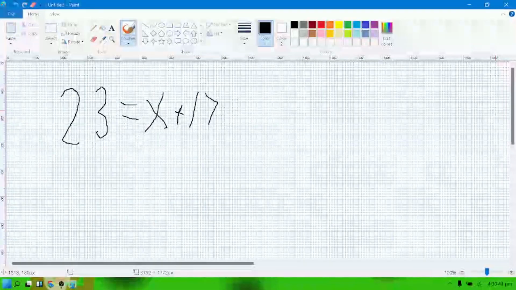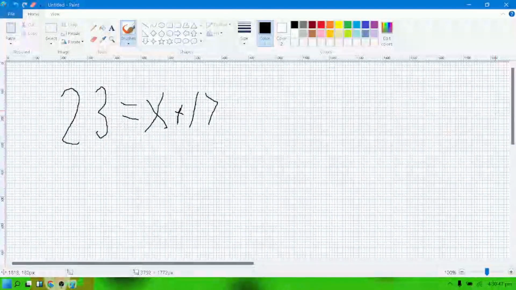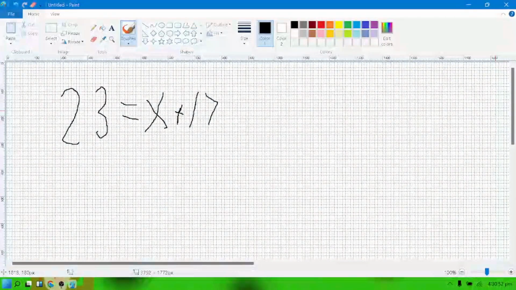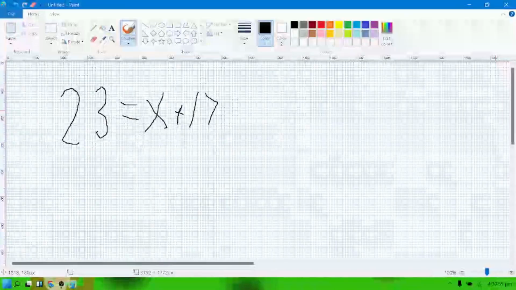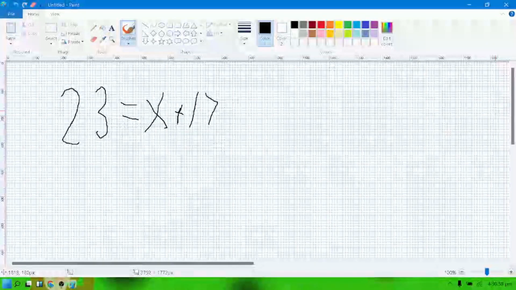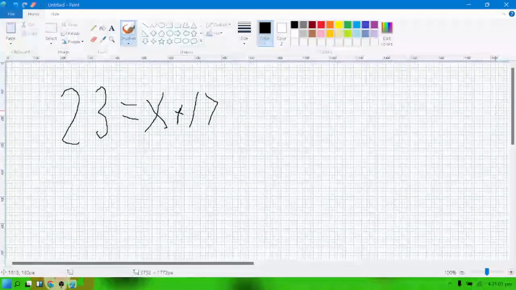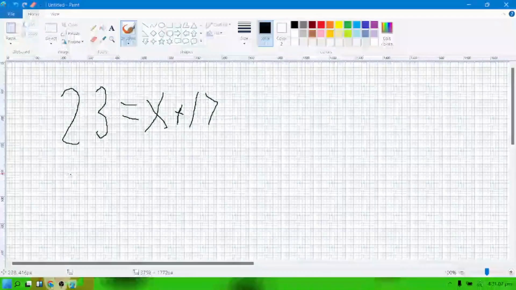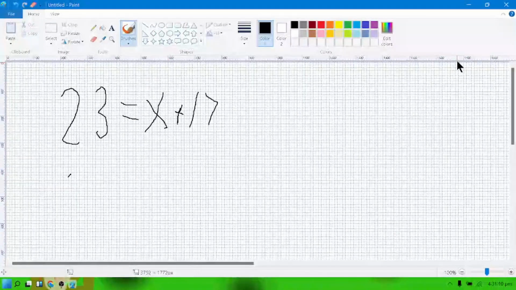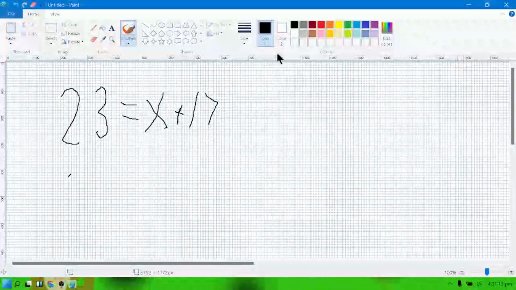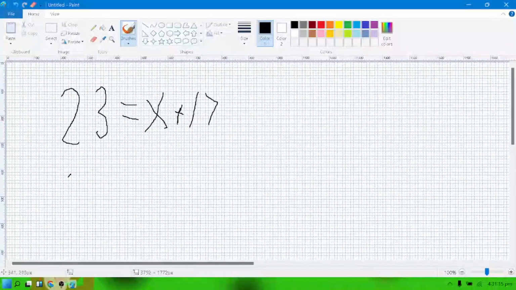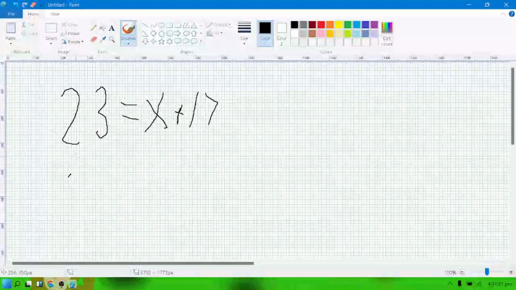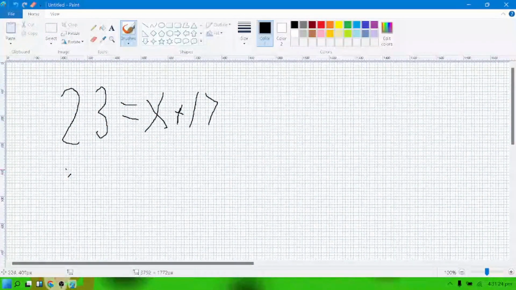Don't just think, oh, 17 plus 23 equals x. Well, if you guessed that, you are the wrongest person I've ever seen because you're very wrong. To even get close to the correct answer, you have to rearrange the equation so x is on one side of itself. If you study this equation, we're actually subtracting, because if you add 17 and our mystery number, you make 23. So our mystery number must be x